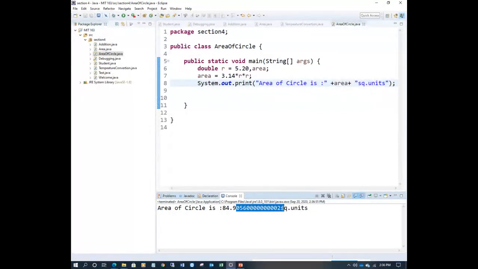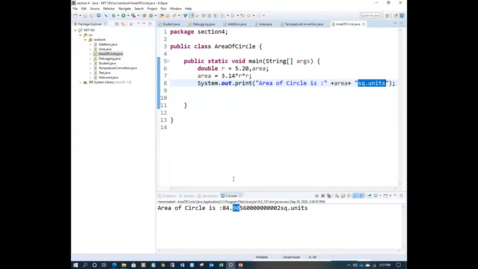Although this is a very big number, skip it, we can have some other approach to use only two decimals, but it is not necessary. So this is square units. This is optional here, you can use it or not. We just want to add this string to the number, again a string. So we use the concatenation operator. This is once again a demonstration of the concatenation operator. I hope everyone understands this program is very simple and similar to the previous programs.